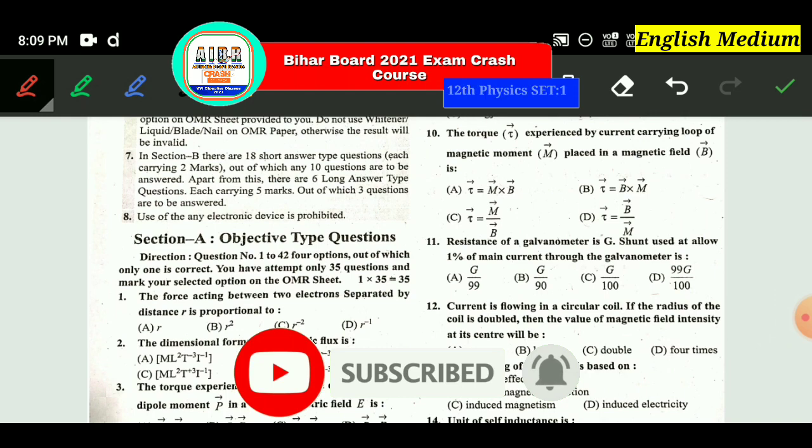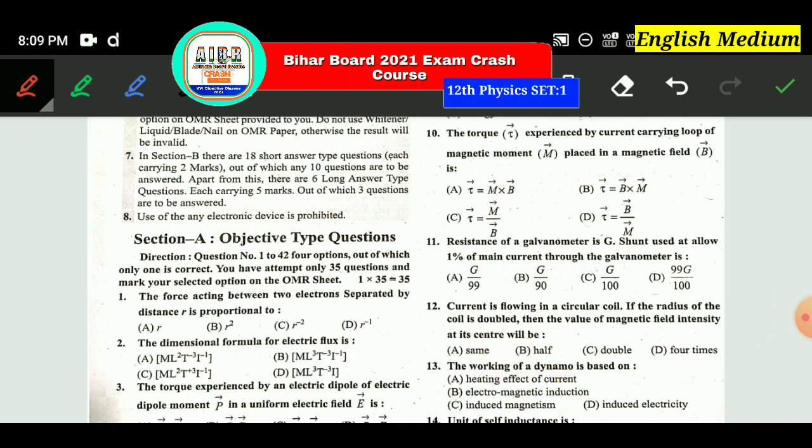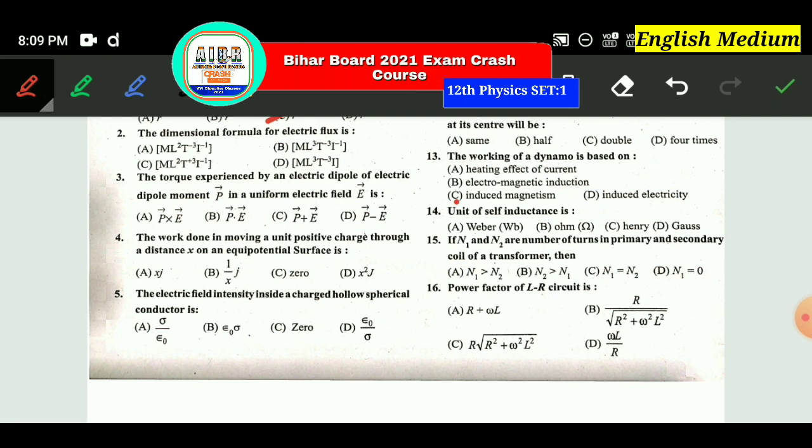First question, the force acting between two electrons separated by distance r is proportional to r inverse 2. The answer is C. The dimensional formula for electric flux is ML³T⁻³I⁻¹. The answer is B. Next question, the torque experienced by an electric dipole moment P vector in a uniform electric